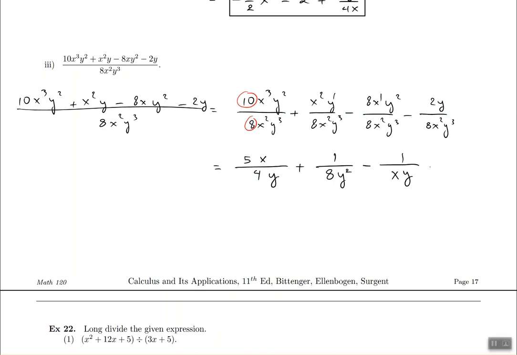And then finally, the third fraction, we have the negative in front, and 2 divided by 8 will be 4 on the bottom. And you can put a 1 if you want on top, and then cancel out the y's, leave the x's alone. So we end up with